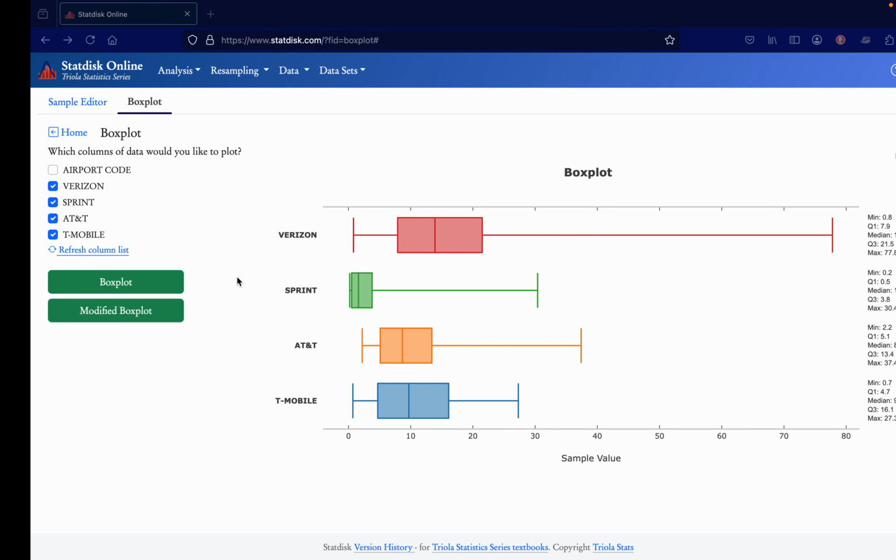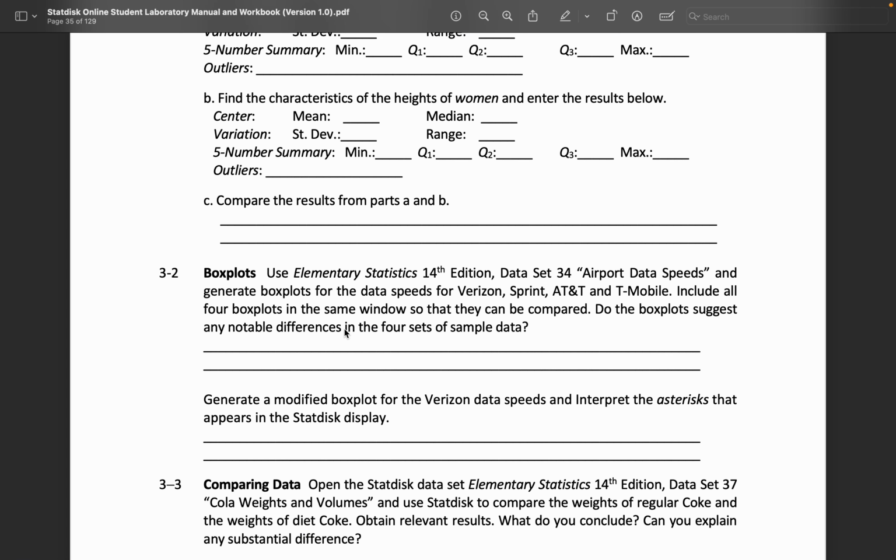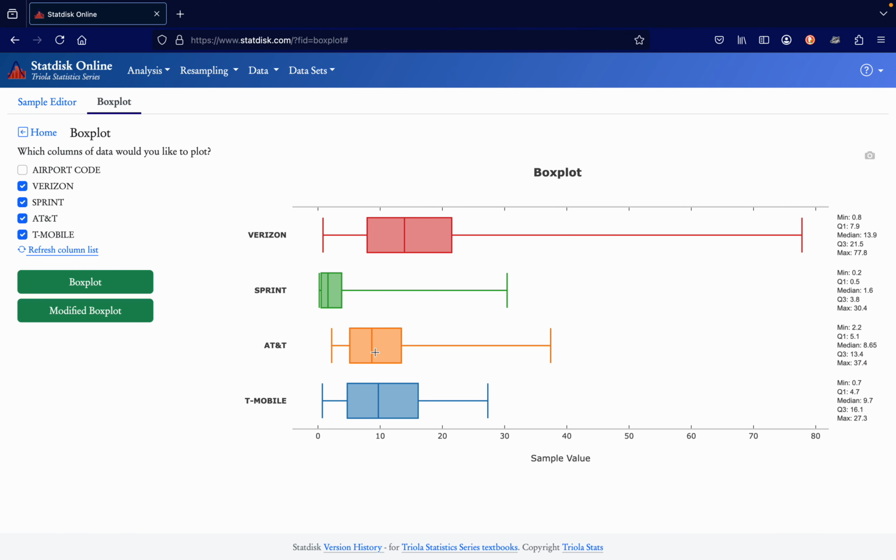Okay, all right, so the last part of 3.2 is generate a modified box plot for the Verizon data speeds and interpret the asterisks that appear in the StatDisk display. So what we'll do is we'll go here, here, and here, and then construct a modified box plot.